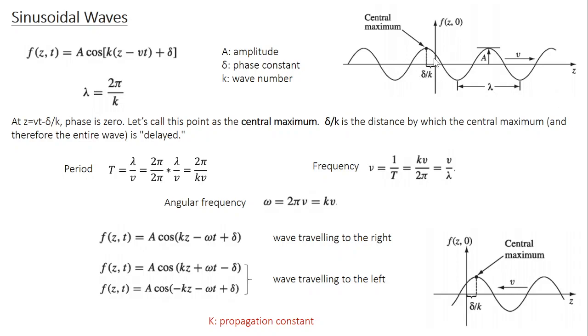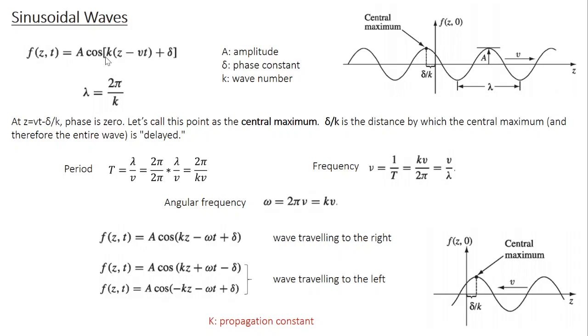That is why the fundamental form of wave is always taken as sinusoidal, because from the sinusoidal wave you can construct any other waveform. Now coming back to the wave function, in this equation, A is known as amplitude, which is maximum displacement. So this distance is the amplitude A. The argument of the cosine function is known as phase, and this constant δ is known as phase constant. Sometimes this is known as the initial phase. Its value varies from 0 to 2π. k is a constant known as wave number, which is related to the wavelength by 2π/k.